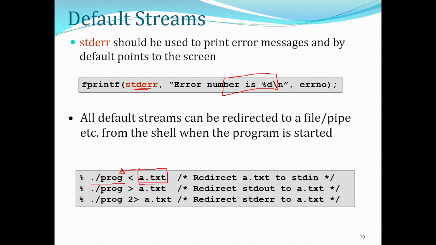When we execute our program and I type something like this, it means all my outputs will be written to this file. Okay. When I execute my program with this option, let's say 0, keyboard,